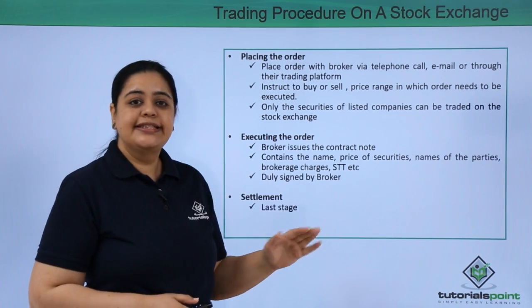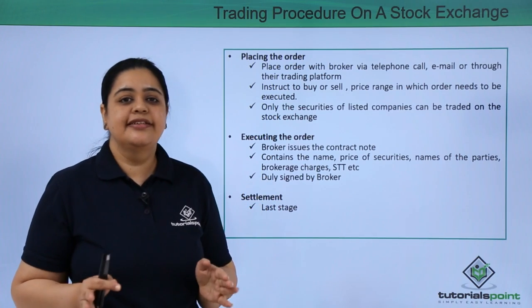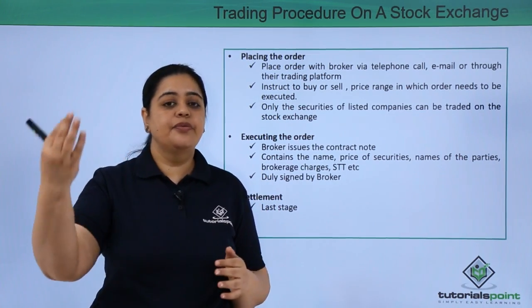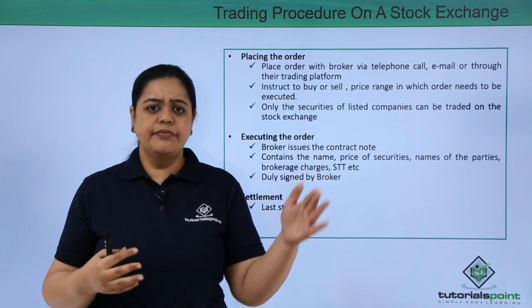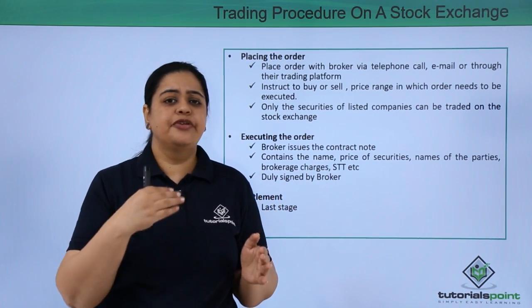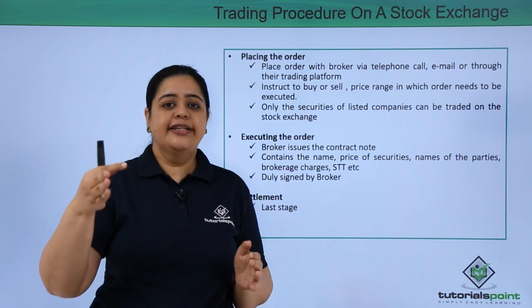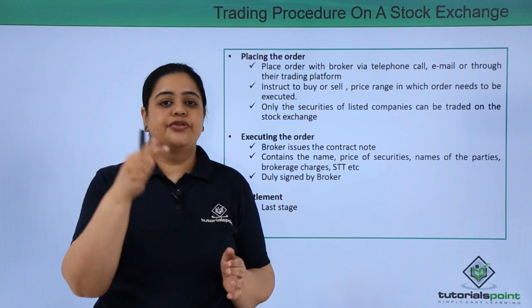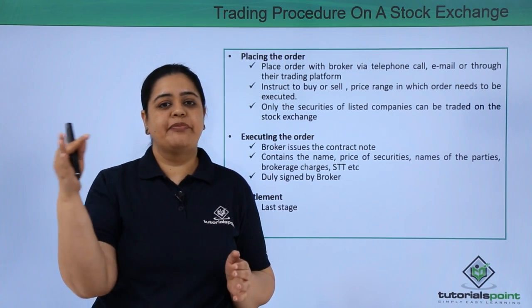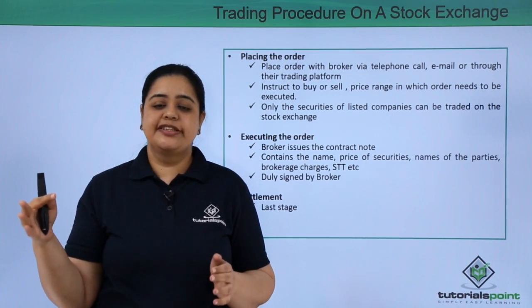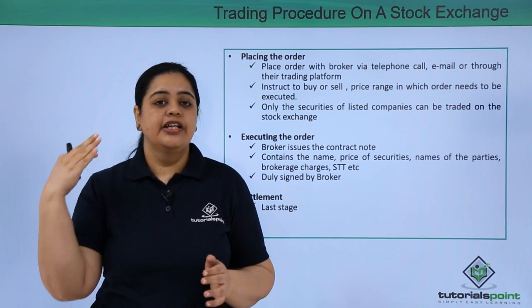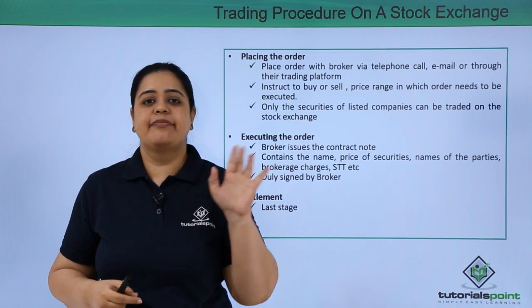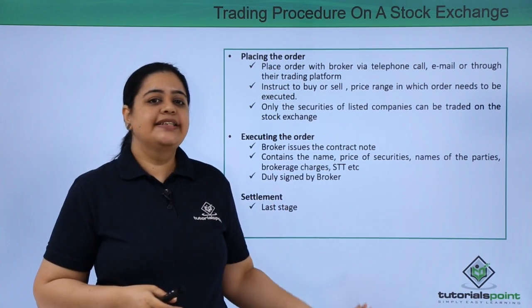Now after that the settlement happens. Settlement is the last stage. What happens at that time? You have to ensure that you pay the money into your broker's account, that is the account you opened with your broker. Let's say 1400 was the share price. I bought 100 shares. So I bought 100 shares of Reliance. If I multiply that with 1400, how much is the price coming? 1,40,000. So I need to pay that 1,40,000. That is, I need to deposit that much amount in my broker's account so that the settlement can happen.